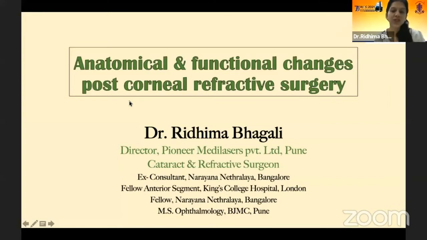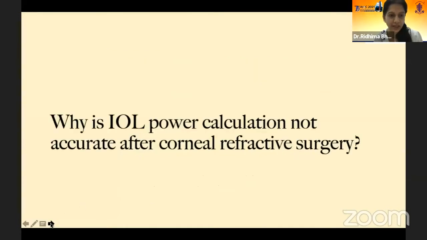Good morning, everyone. So I'm going to start off this instruction course with anatomical and functional changes that happen post-corneal refractive surgery. But this is going to be discussed in the context of what role they play in making our regular IOL-PAR calculation inaccurate, and trying to understand why these errors occur and what we can do to overcome them. So I'm going to discuss some basic concepts, some theoretical discussions, and hopefully when we move on to more practical case discussions further down in the IC, this will be of use.